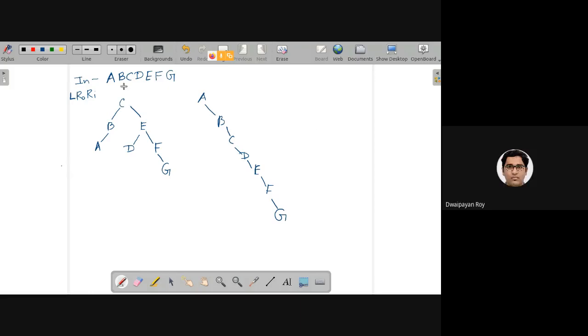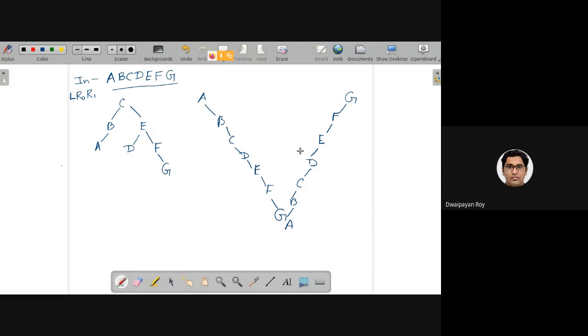Same. And if I draw another tree, what will be the in-order traversal of this? It will be the same.